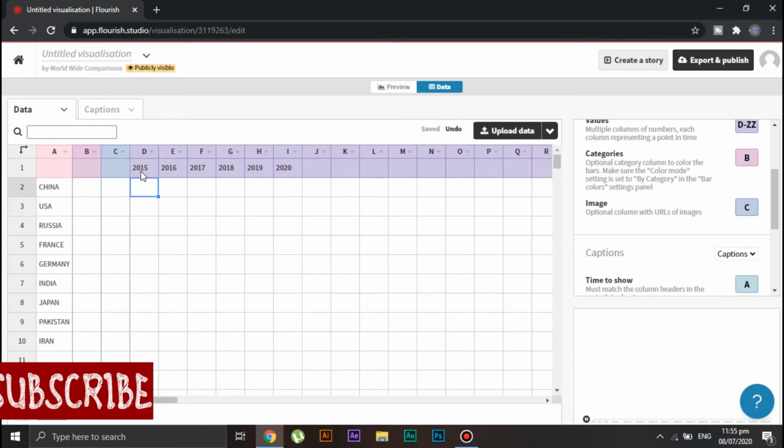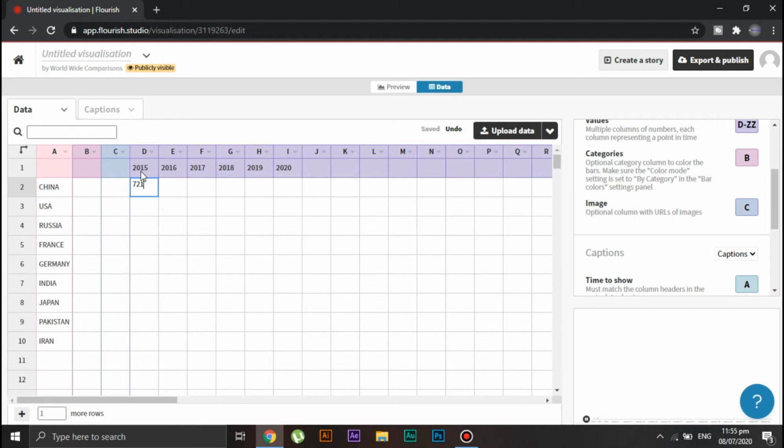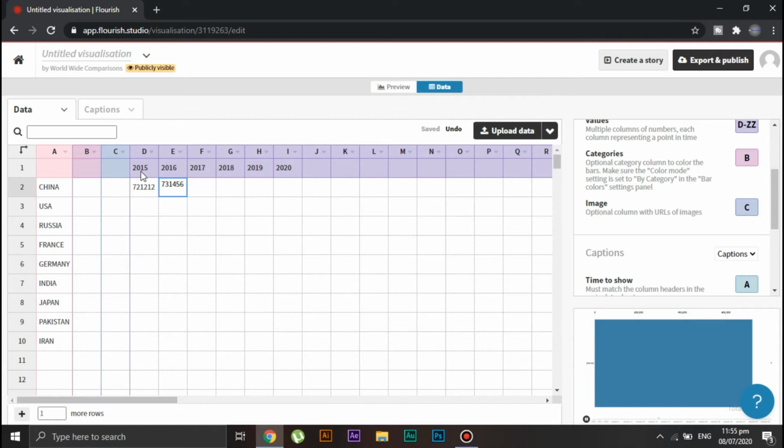So let's suppose the GDP of China in 2015 was 721212. These are just random figures. So in 2016 it was, let's suppose, 731456. And just like this, write down the GDP of each country in different years.